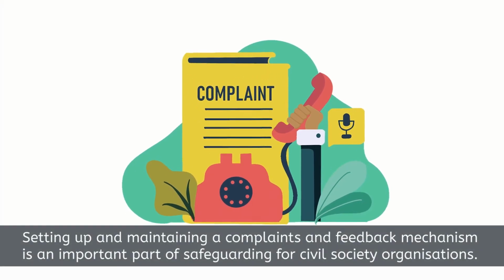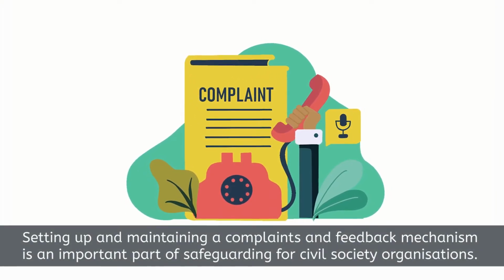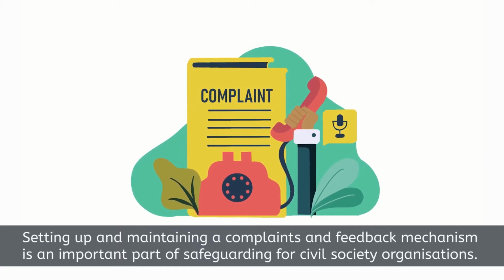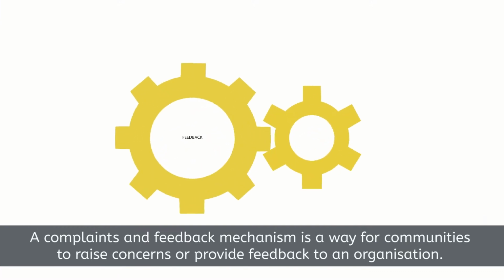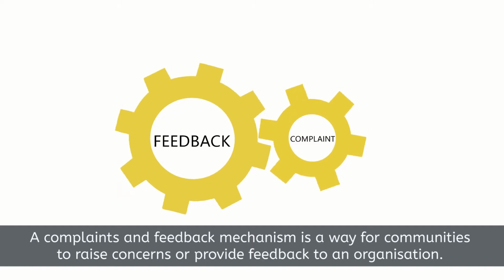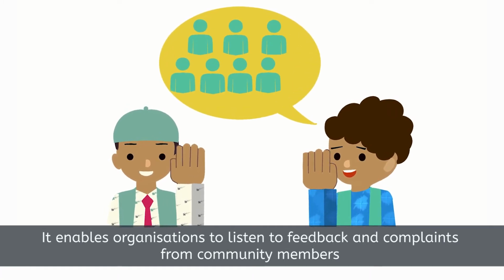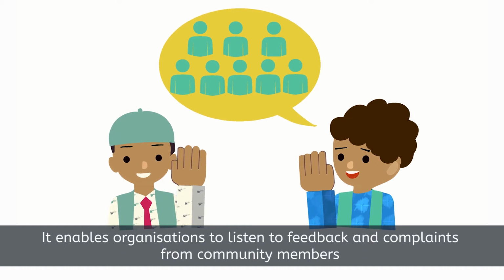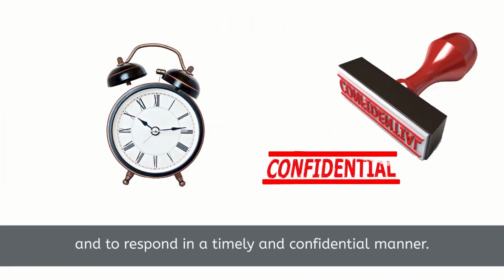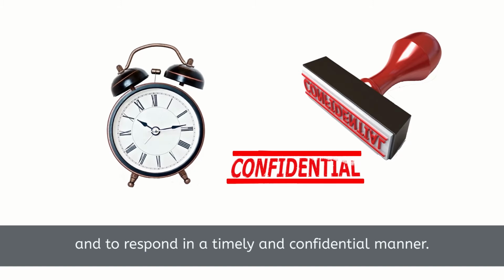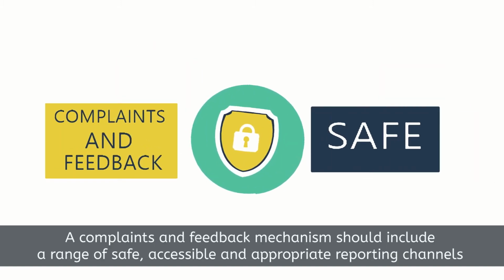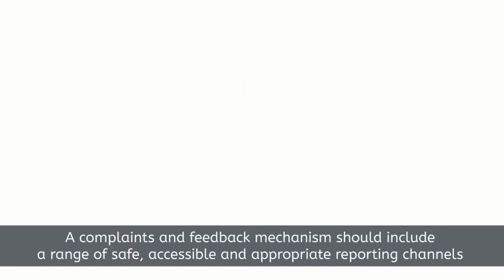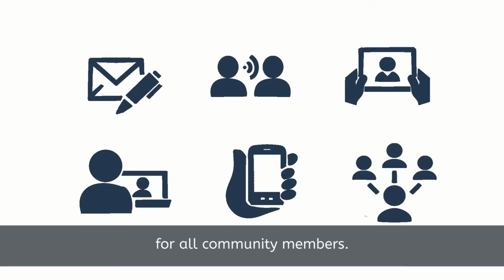Setting up and maintaining a complaints and feedback mechanism is an important part of safeguarding for civil society organizations. A complaints and feedback mechanism is a way for communities to raise concerns or provide feedback to an organization. It enables organizations to listen to feedback and complaints from community members and to respond in a timely and confidential manner. A complaints and feedback mechanism should include a range of safe, accessible, and appropriate reporting channels for all community